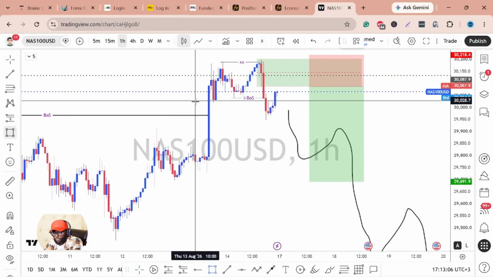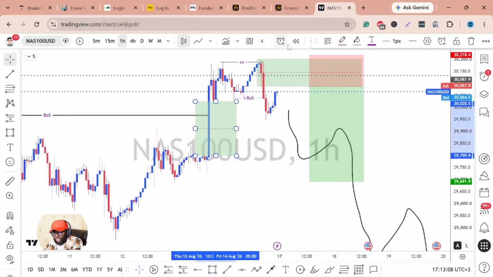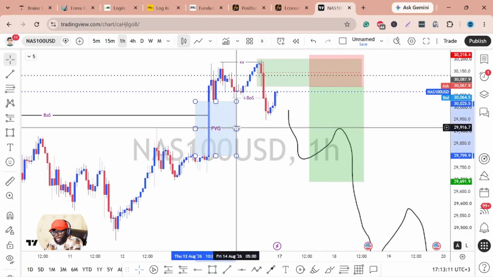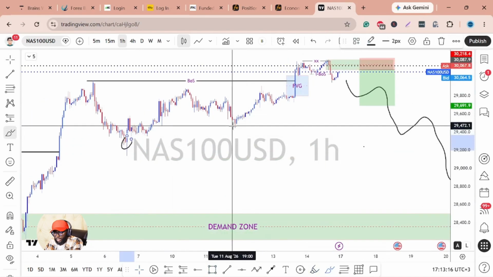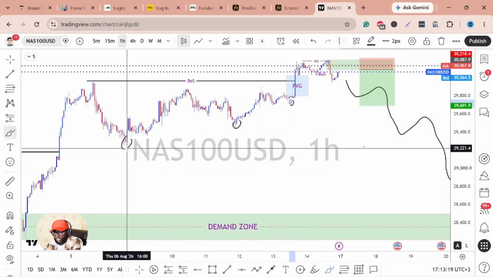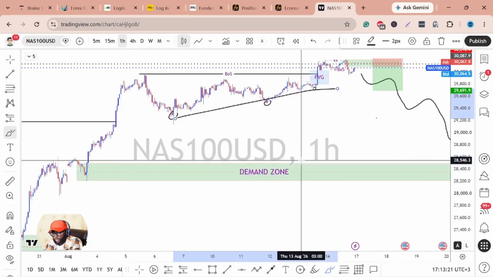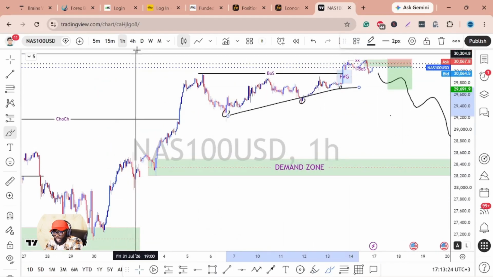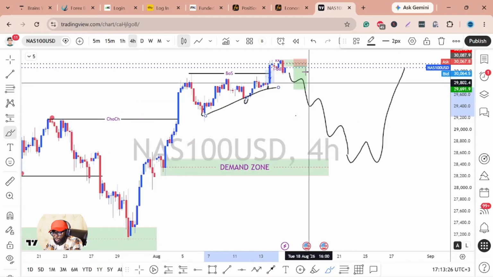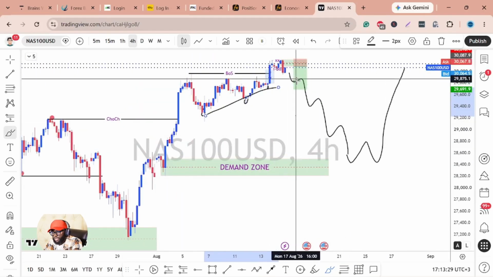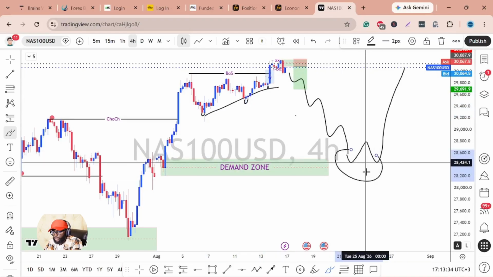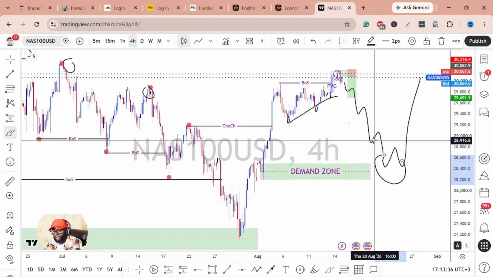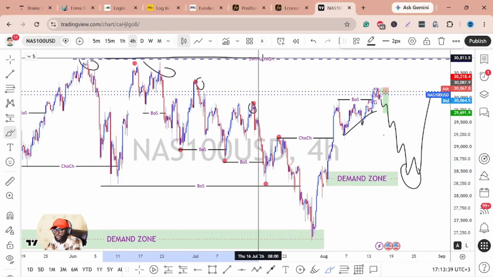But looking again, even from the 1-hour time frame context and the 4-hour time frame context, we have some imbalance over here that needs to be filled. And again, we have these levels over here, which I believe price must take out as liquidity. And once we take out that liquidity, of course, we want to see price pulling back down to this 4-hour demand zone. So you might have some short positions from this level here going down to this demand zone. And once price gets to test this demand zone, then we want to get buys to take out this overall swing high.